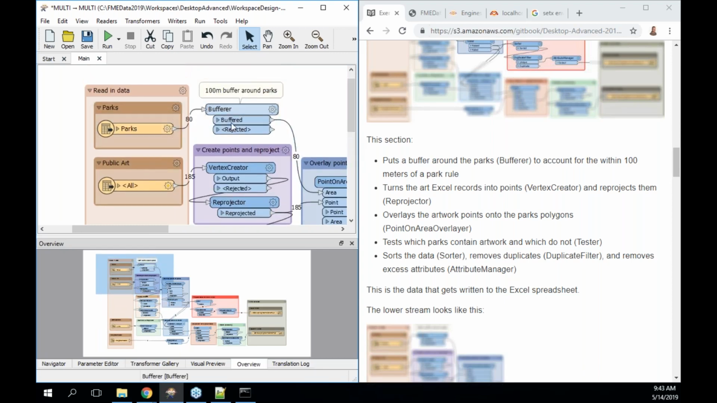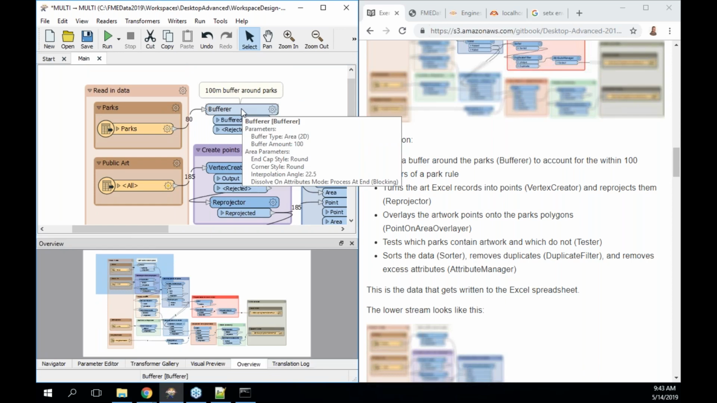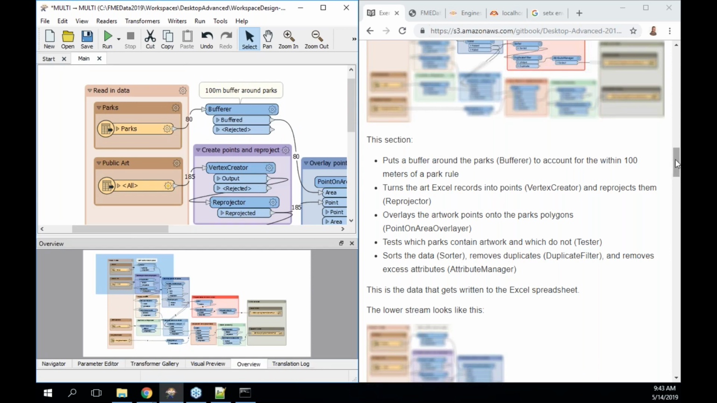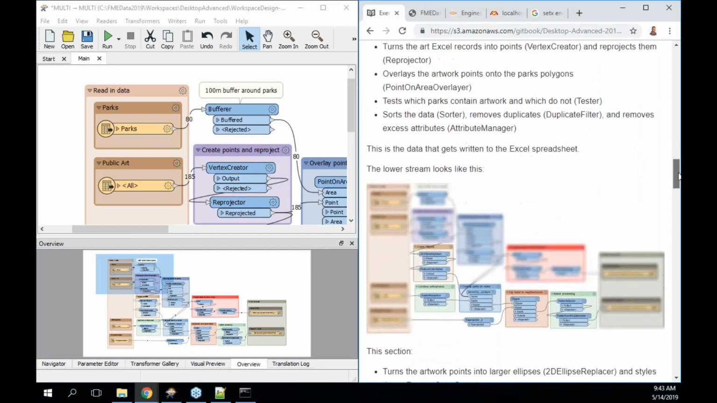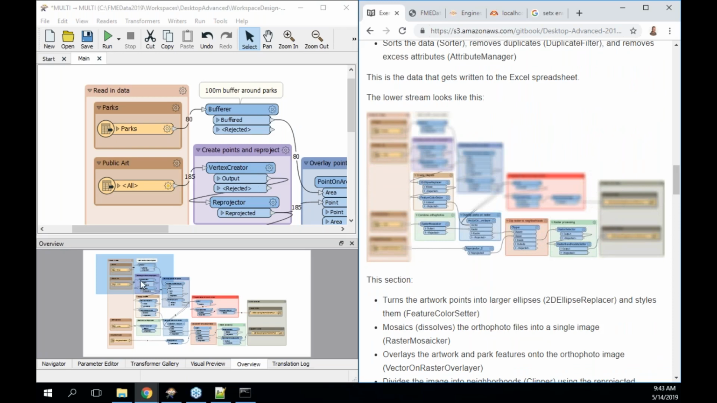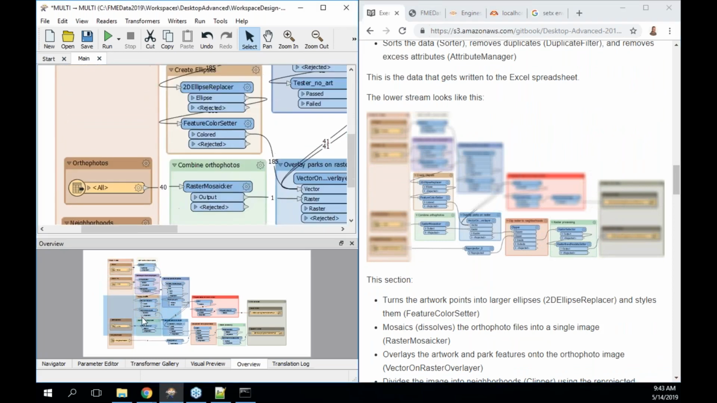Forgot to mention here with the parks, we're also buffering out 100 meters because it's not just whether or not the art is within the park, it's is it within 100 meters of the park. So that's the upper stream of the workspace. The lower stream,